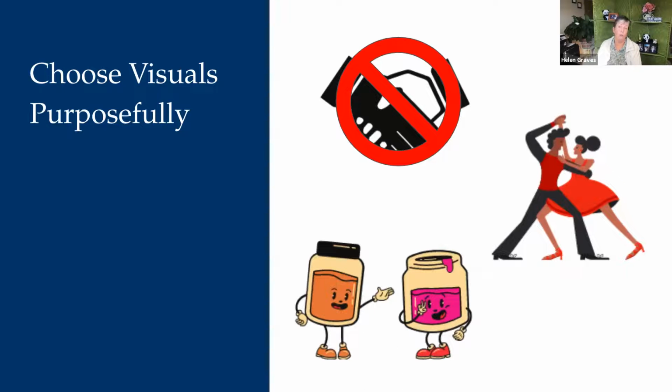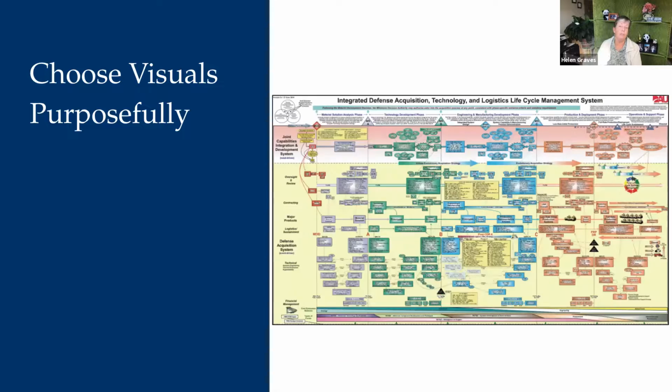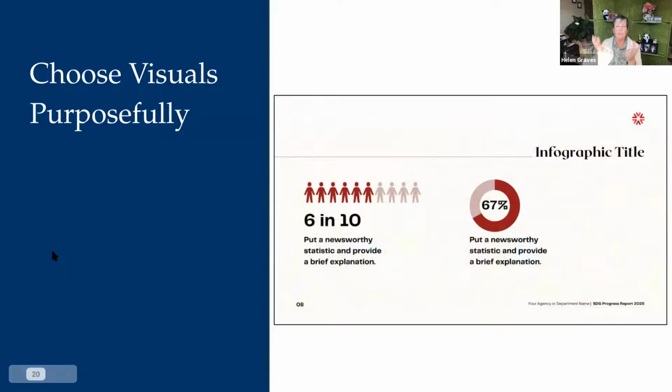Make friends with white space. An overcrowded screen is going to cause confusion. A clean layout and effectively using white space around images or text is going to focus the attention. It's going to improve comprehension, and it's going to give the brain a little bit of breathing space, that idea of cognitive overload or avoiding cognitive overload.